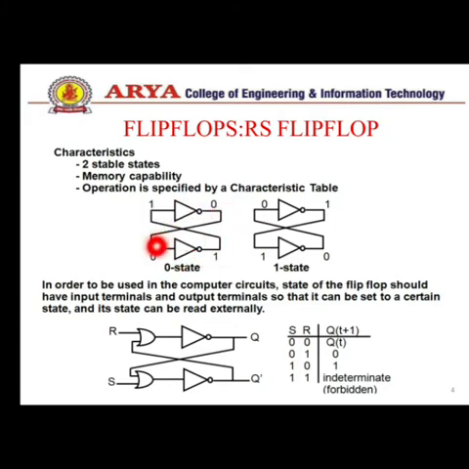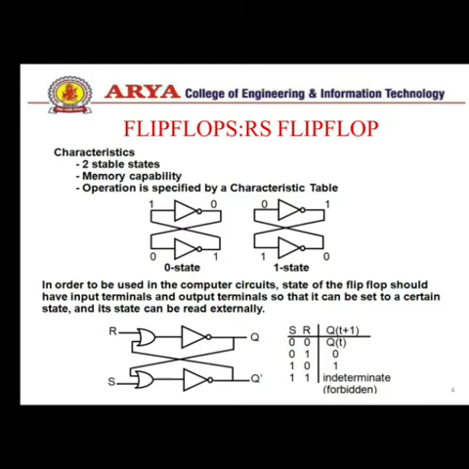So this cycle is going on many times, because it locks some data, in the 0 form or 1 form. So this is the 0 state working, and the working of the second circuit stores the 1 state, because when we pass 0 to the NOT gate, the output is 1, and 1 is passed to the second NOT gate, the output is 0. Again 0 is passed to the first NOT gate, the output is 1. So 1 is stored in this circuit. This is the 1 state, this is the 0 state.